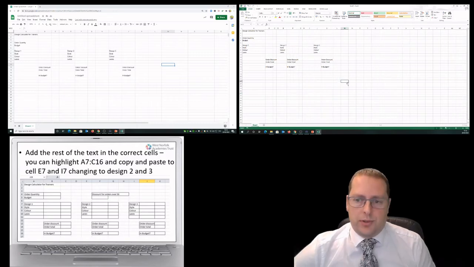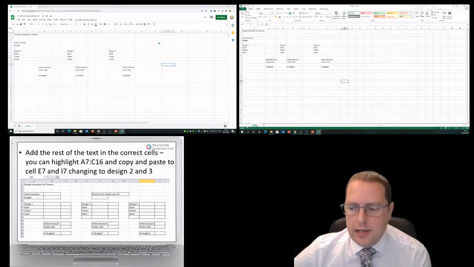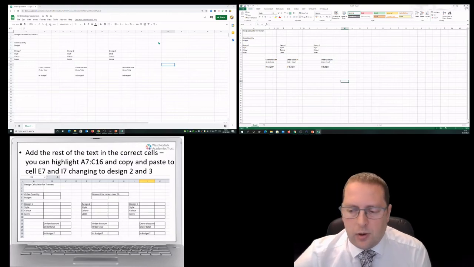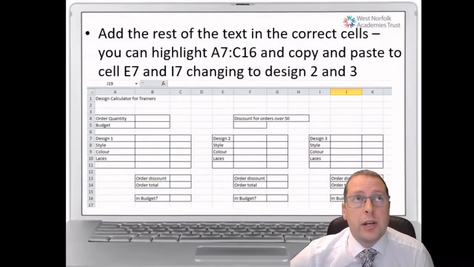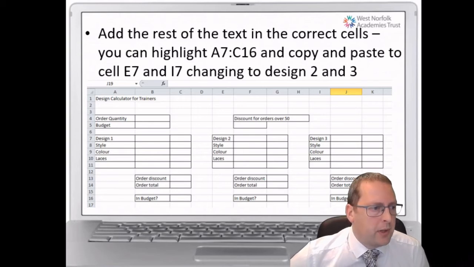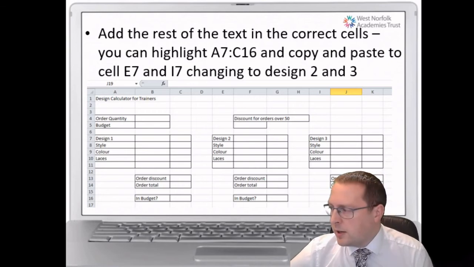So that's what our setup is initially in our Google Slides and Google Sheets and Microsoft Excel. So you should have this now. The only thing I've not put in is the discount for over 50s. We can add that in a moment. So the next stage then